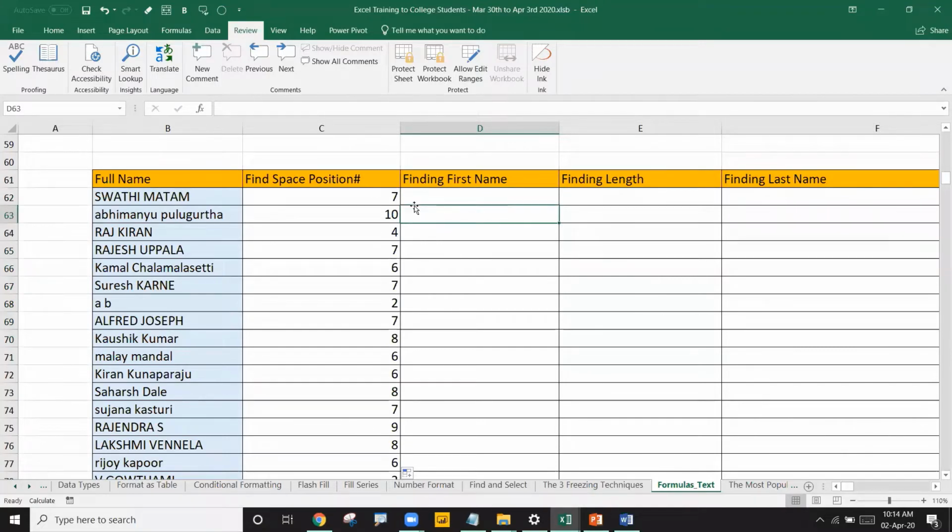If you want to find the first name, let's use the LEFT formula. I'll write equal to LEFT. It is asking for the text, so I'll refer to this text, and it is asking for the number of characters. What it means is you give me some text and tell me how many characters you want to pull from this text, so that I'll pull it and give it to you. Comma, number of characters. Let's say we want Swati. Swati, S-W-A-T-H-I, is 6 characters. I'm writing 6. Bracket close and enter, it is giving Swati.